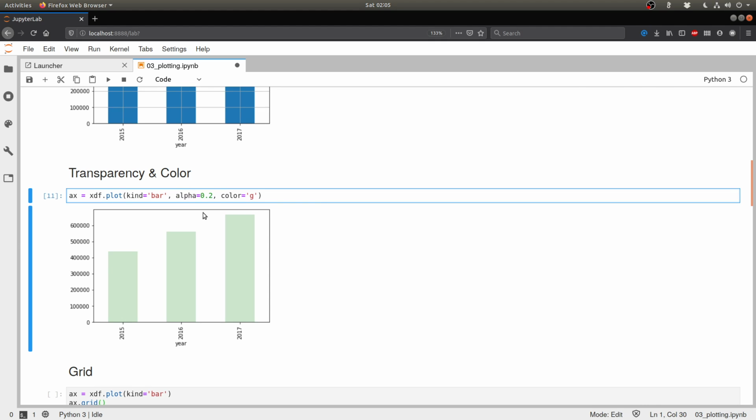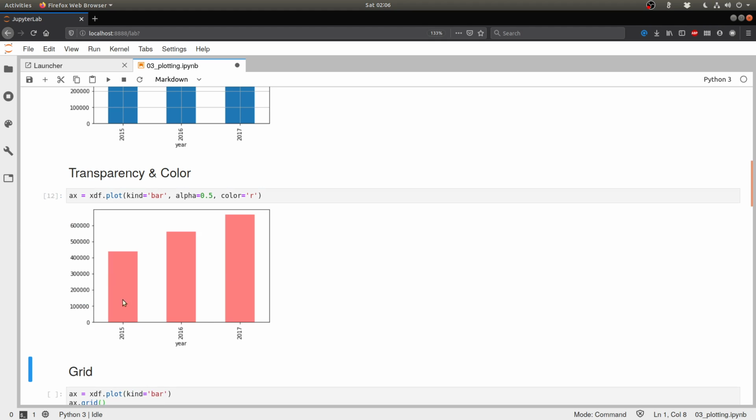This alpha is a parameter which helps us control the transparency of each color that shows up in the chart, and color is a parameter which lets us control what color we want to plot the chart in. So I can convert it into red, and change the alpha to 0.5, and that gives me a semi-transparent red color.